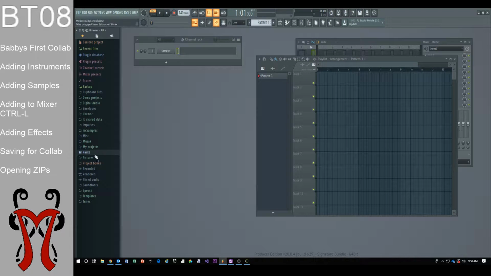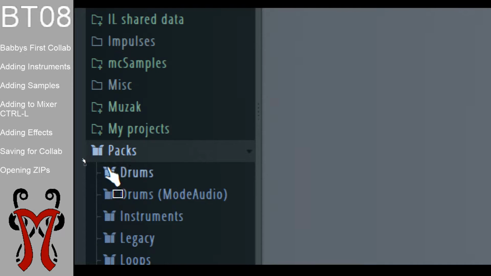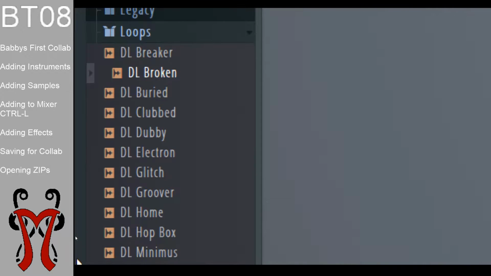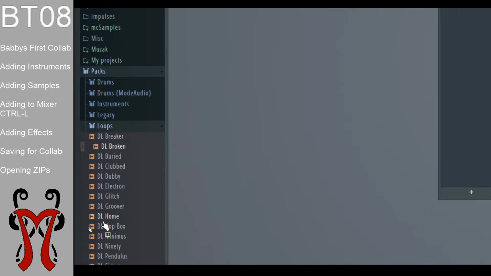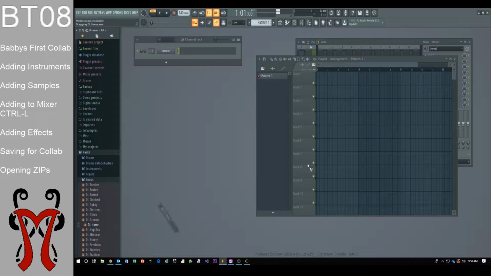Over here on the left-hand side, you're going to see our browser. Under your browser, you're going to see something called packs. If you look over here under packs, if you click on that, there's a whole bunch of stuff in here. There's some loops where you can just click on one of these. And these are just drum loops that we could potentially use. Cool. So as you can see, it's very slow. But if I drag this into my arrangement window, it's going to make it based off of the timing that I have selected here. So right here, if I press play on my song,